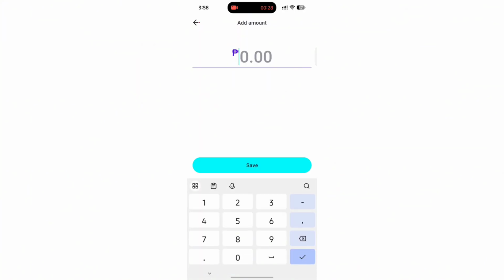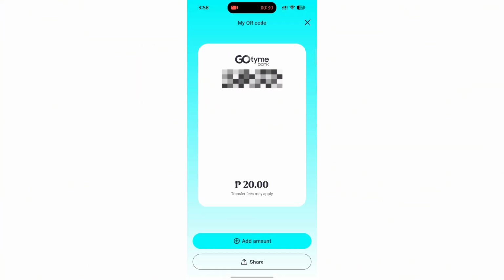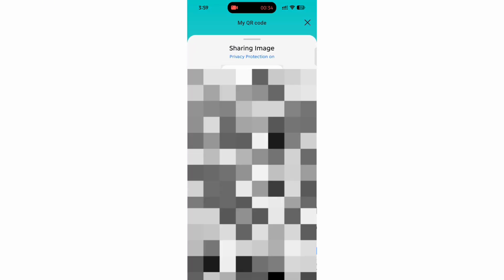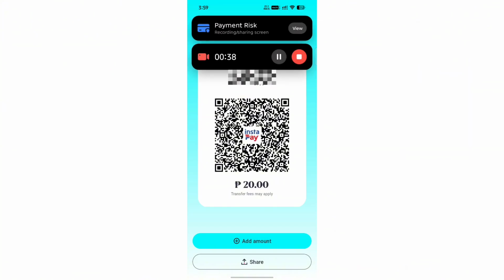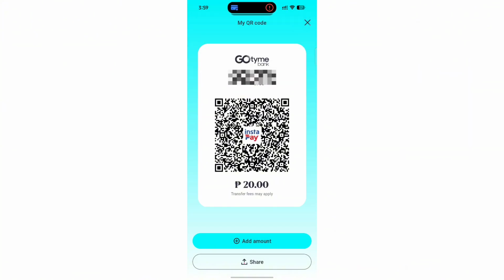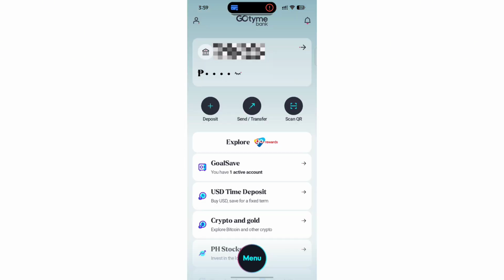So if you want to add the specific amount, simply select add amount and then enter the amount that you want to receive. You can also directly share this image to anyone you want to send this to by clicking on the share button. So under that, you should find all of the apps you can use to send this